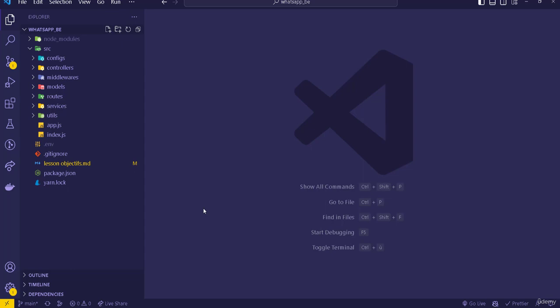Welcome again, my friends. Today is a new objective while we are on the authentication section. So we're going to work on something that is called the authentication middleware, which means, for example, I am in